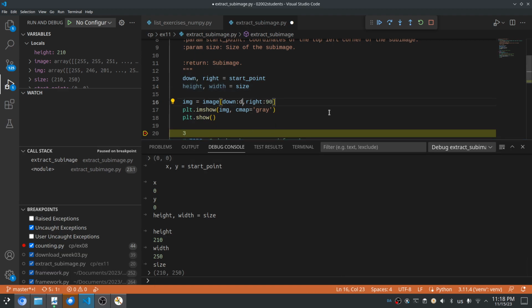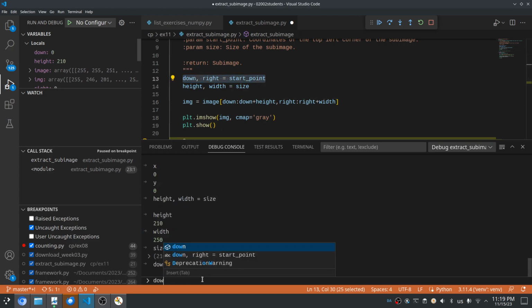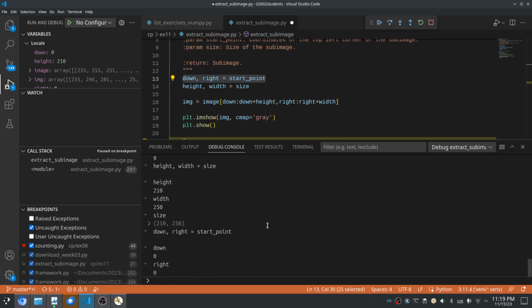So I need to stop slicing at down plus height and end at right plus width. I think this would be correct. And this is where we can maybe use the debugger. So let me just run this line as well, so we make sure that down and right are set. Because now if I run this line,